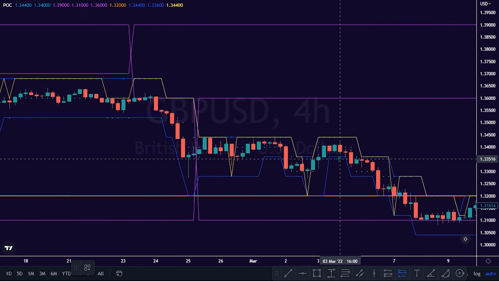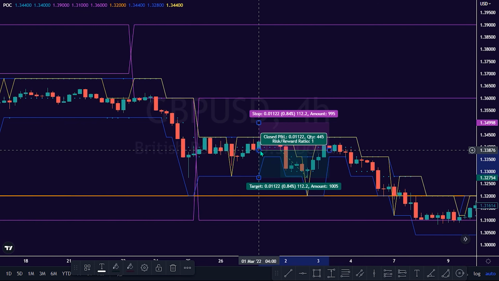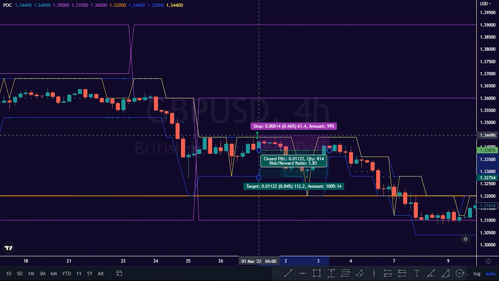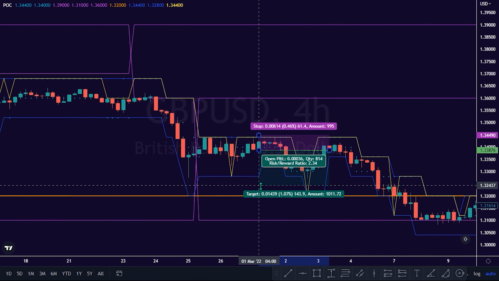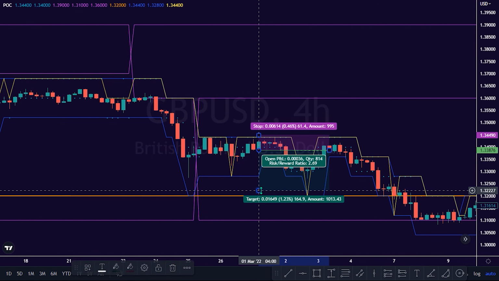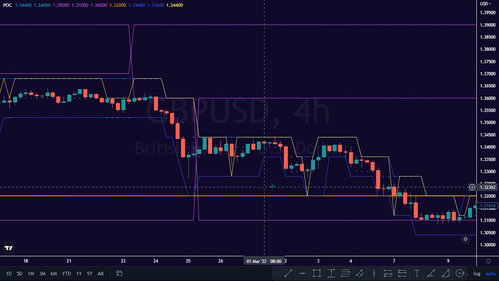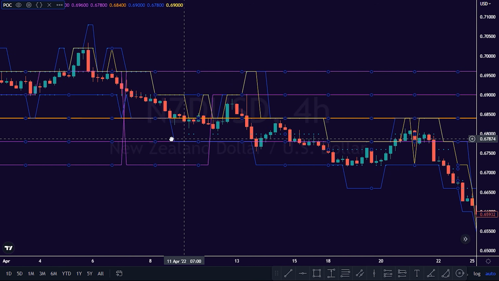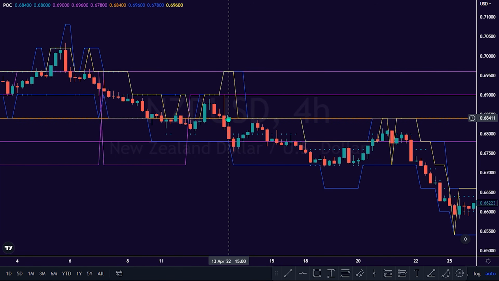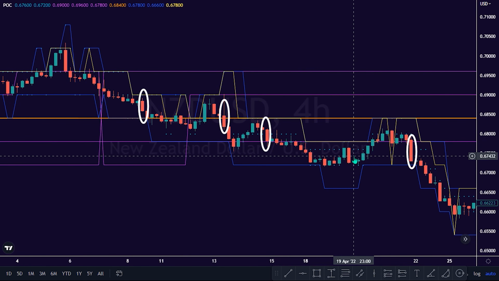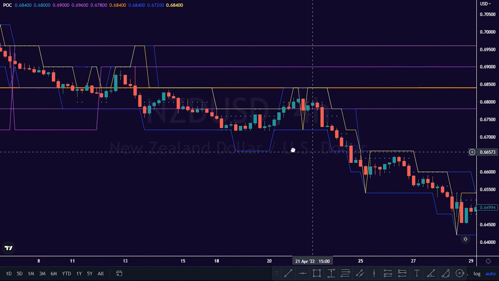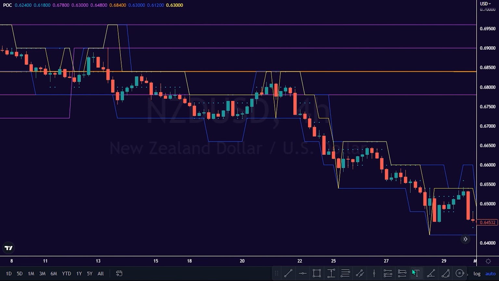To manage your risk, use the POC line, which is above the grand POC line that gave the bearish confirmation, as your stop loss level for the sell setup. Ride the trend down and exit whenever the price hits the yellow POC line. Alternatively, aggressive traders willing to trade the bearish breakout trading strategy can sell the strong bearish close of the price below the next grand POC line in the downtrend, and then place their stop loss above the high swing of